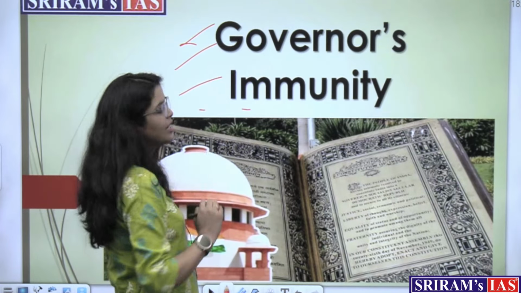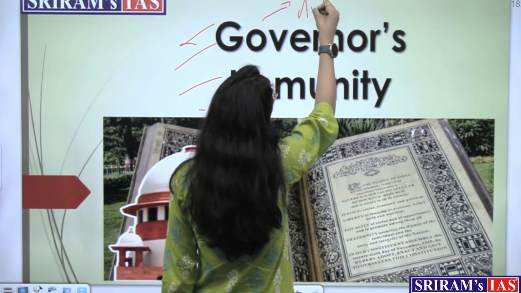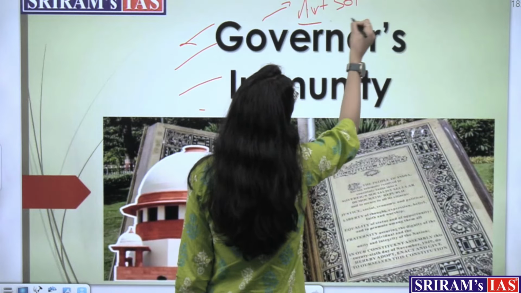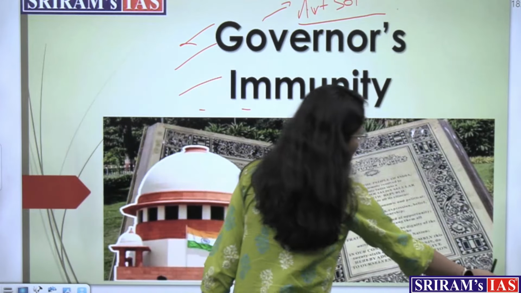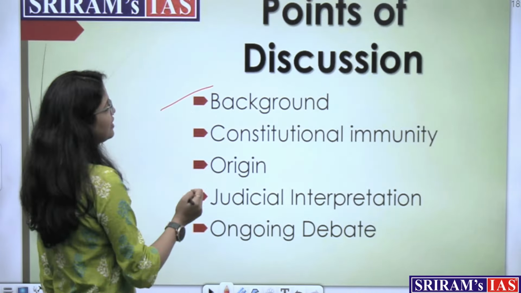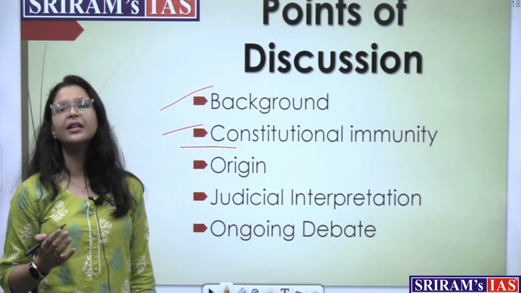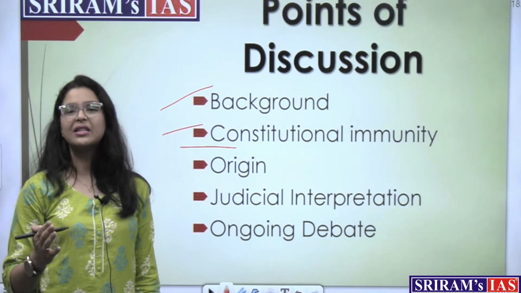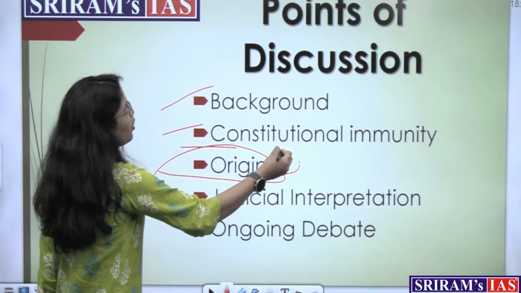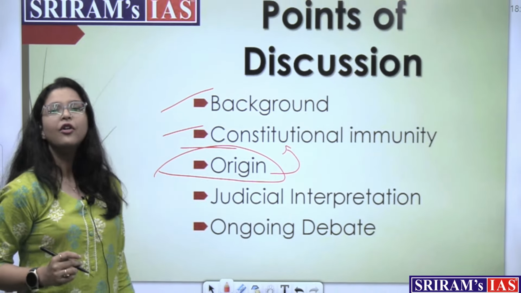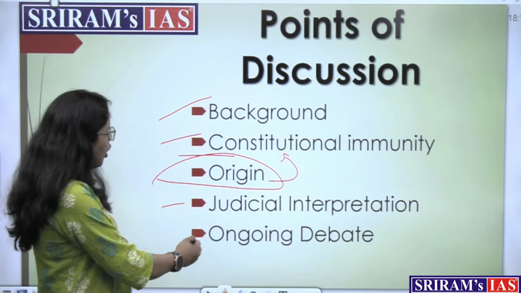The title of our today's discussion is governor's immunity, and that is dealt under Article 361 of the Indian Constitution. So let us firstly understand our points of discussion. We will be discussing the background, then we will understand the constitutional immunity that has been granted under our Indian Constitution to the President of India as well as a governor of the state. Then we will be understanding the origin of this constitutional immunity. We are also going to see the judicial interpretation, and we are also going to ponder upon the ongoing debate